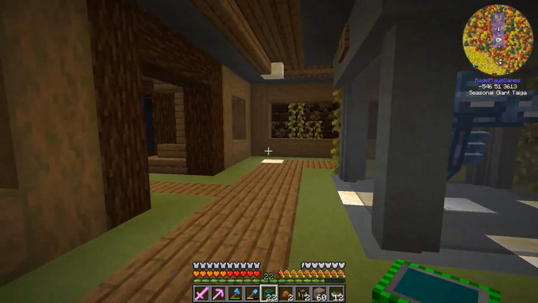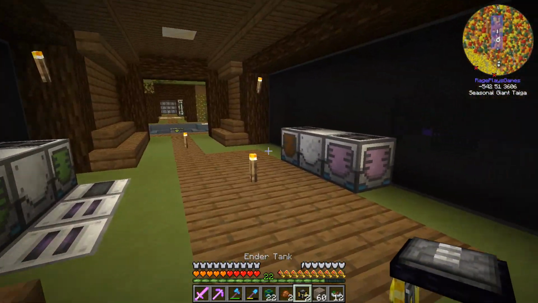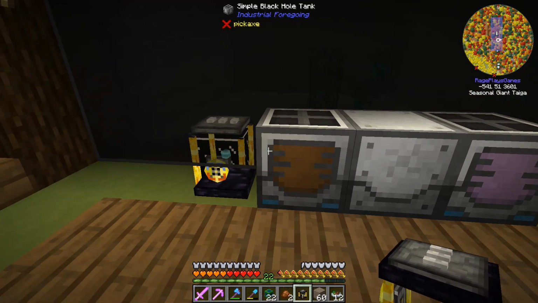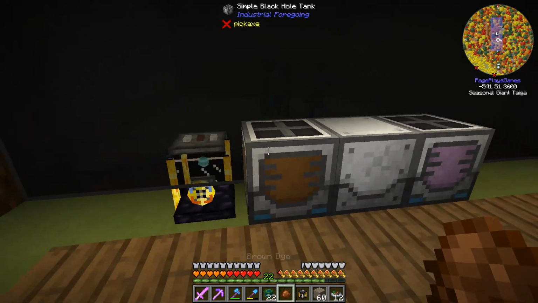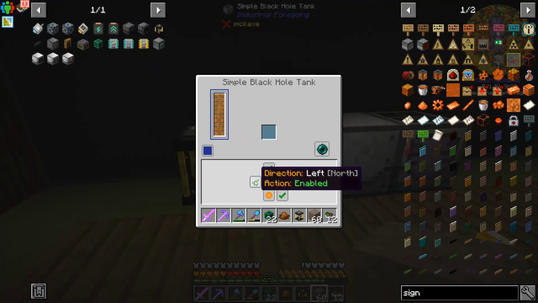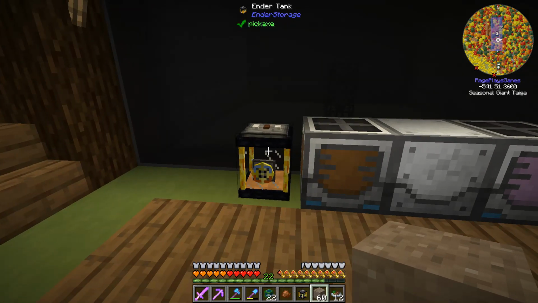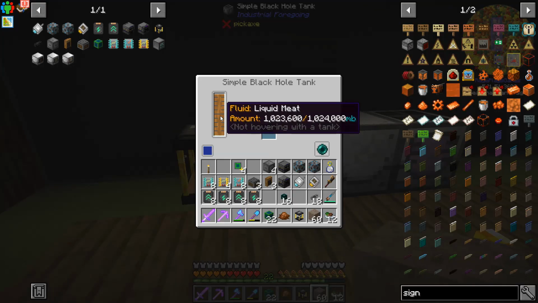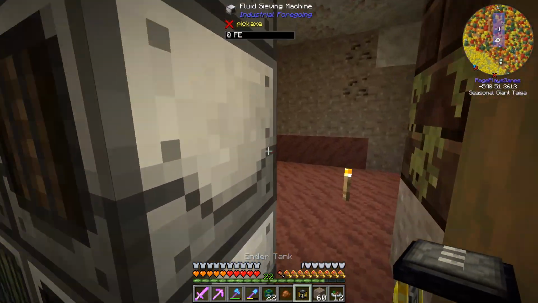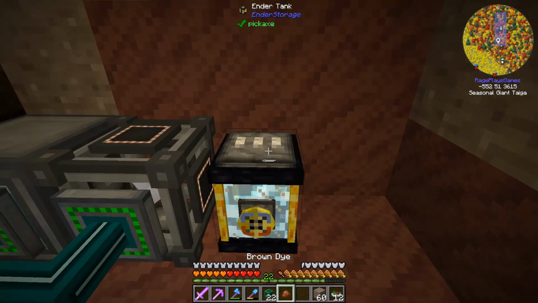But now we need to set up the liquid meat wireless transportation, and we're going to use an ender tank for that. So I think if we put this down right here, we'll color it brown because liquid meat is the gross brown color. And I think if we set this to push out this side, it should start filling it up. So we should be good now to move this over here with a second one, set it to the same color frequency, and again, put down,